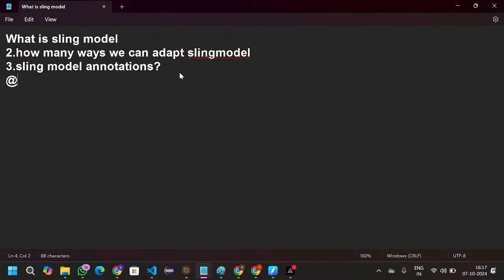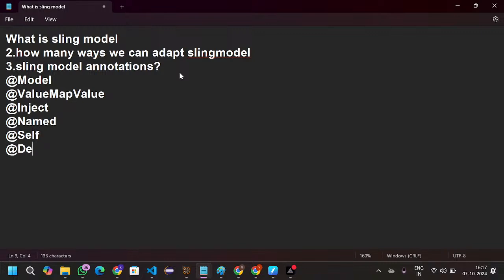We're done with @Model, and we're done with @ValueMapValue, and @Inject, and @Named, and @Self annotation, and @Default, and